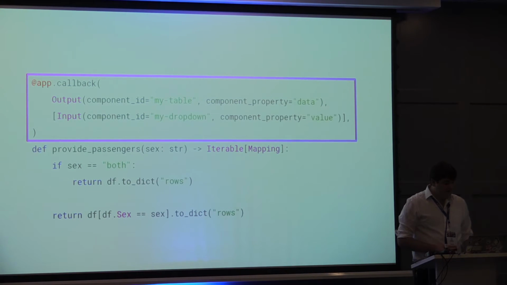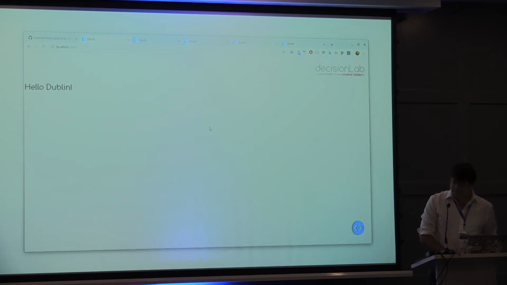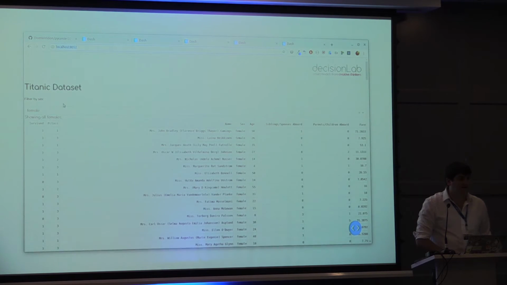pandas filter there. And so, I'm sorry, I didn't realise I didn't show some of our examples before. Let's start. So just to show some of the examples of what we have here and actually prove that this works. Here we've got the very basic example that we had before. So we can say hello PyCon, and you can see we've got an interactive web application there, absolutely no JavaScript involved. Now if we come to our slightly more involved, sorry, I should have shown that to you before, I'm terribly sorry. So now if we come to our more involved example with the Titanic data set, you can see